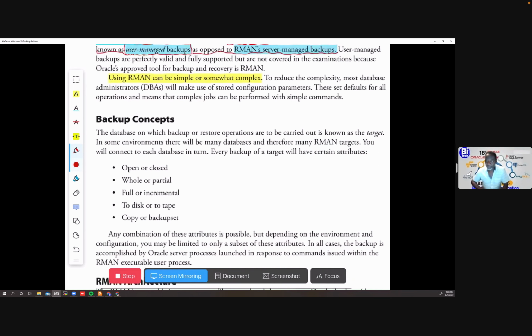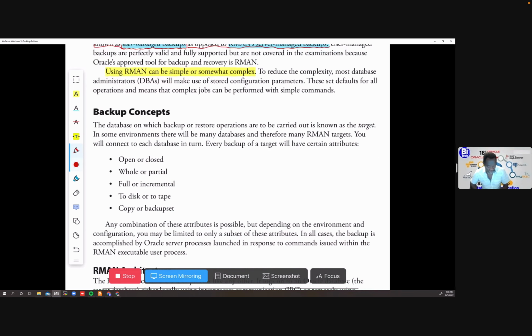So, everybody watch. If you watch your screen, you're going to see there, it says backup concepts. Let's talk about this backup concepts a tiny little bit. It's just some terminology that we need to learn, really. And looking at it,